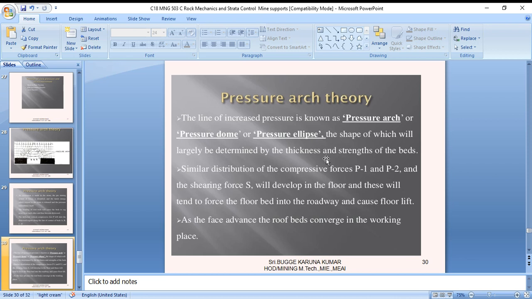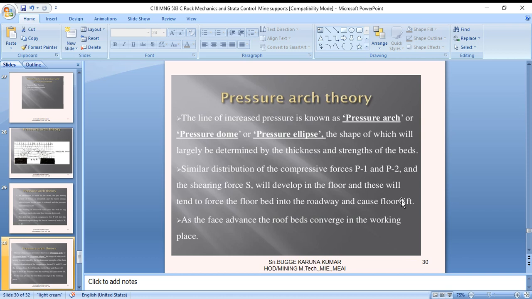Similar distribution of the compressive forces P1 and P2 and the shearing forces S will develop in the floor, and these will tend to force the floor beds into the roadway and cause floor lift. As the face advances, the roof beds converge in the working places. P1 and P2 are the vertical and horizontal forces, which act at the particular